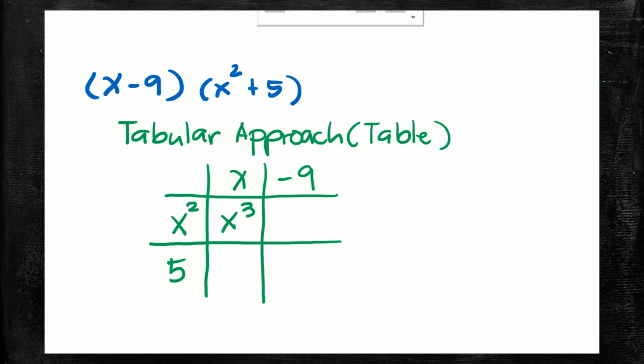If you proceed, x squared times negative 9, that's negative 9x squared. Then you go to 5 times the x. So this row times this column, 5 times x, it's 5x. Then 5 times negative 9 is negative 45. Usually, you will be adding in diagonal format, but